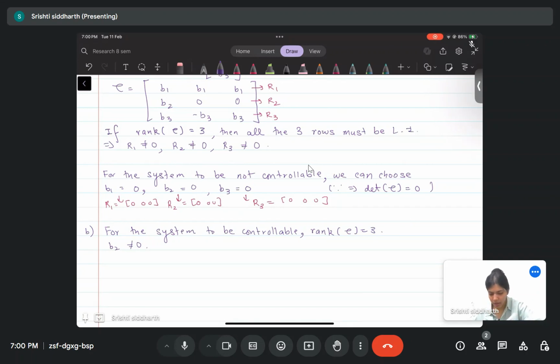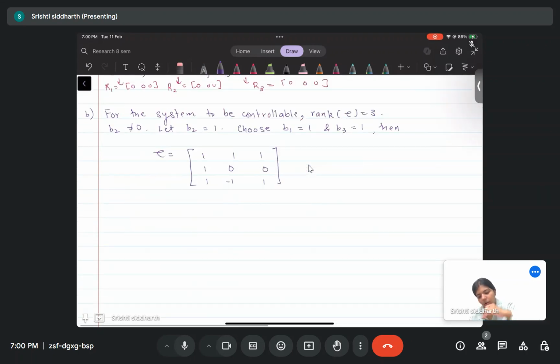Okay. So let's say that B2 was 1. And similarly, if we choose B1 to be 1 and B3 to be 1, then the controllability matrix would be this. We just have to check if this is full rank. So this is a square matrix, so we just have to compute the determinant. Alright, so the determinant is